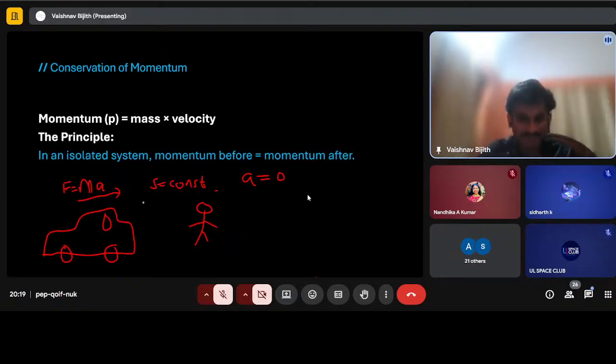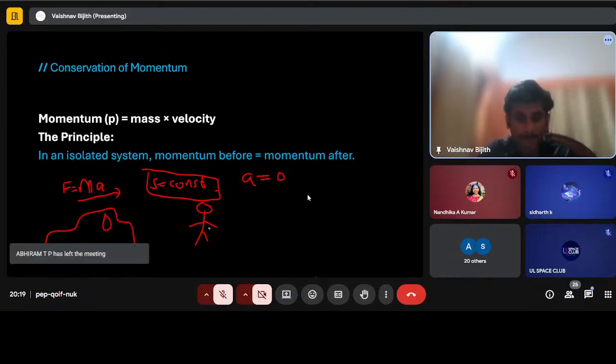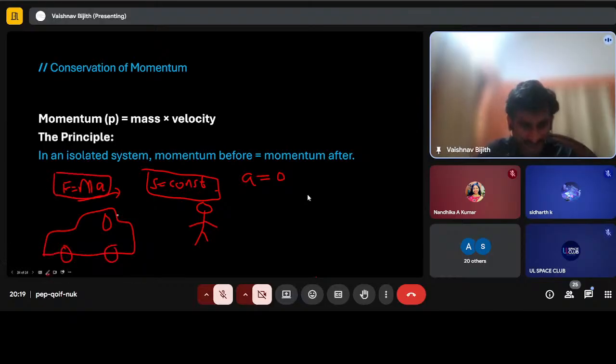But we just saw that the speed is constant, and since the speed is constant, the acceleration will be zero. So that means if you put this into this equation, the force exerted by the car should also be zero, right? So that creates a problem here, because if the force is zero, then the car shouldn't affect this person. If it is coming at a very high speed, it should not affect us.